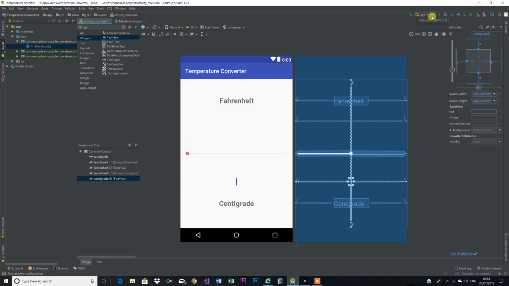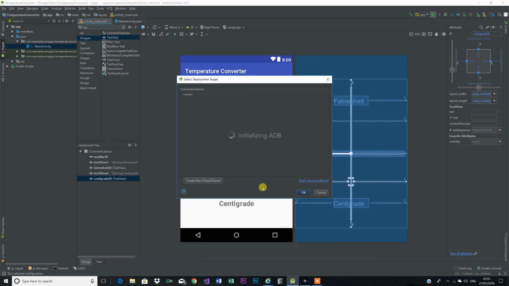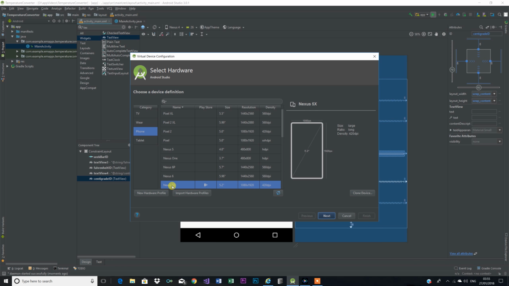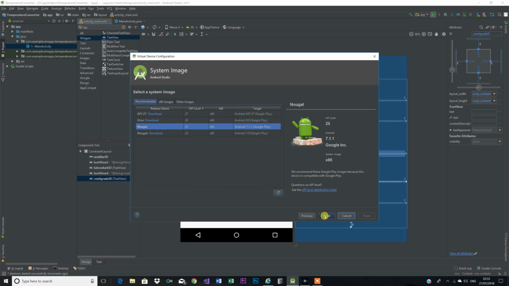Now, what we want to do is to make sure this is set to wrap content, and the same for this one. It's already wrapped content. Okay, excellent. So we want to cancel this name. So this is our layout, and we are now set to go into our code. If I should run